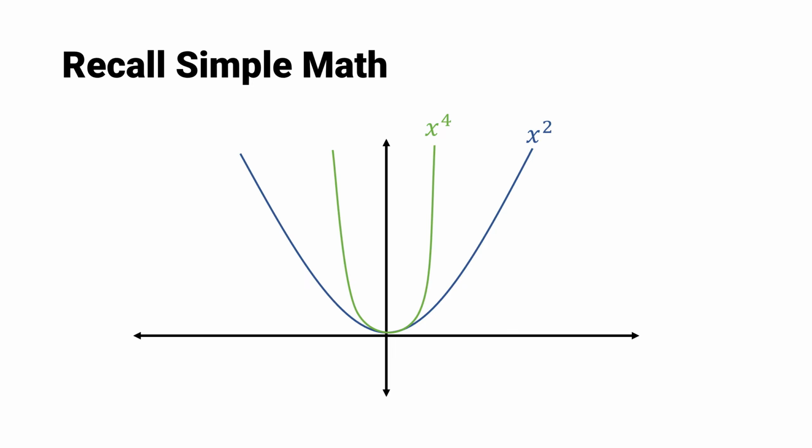What about x power 6? Again, x power 6 is going to be even closer than x power 4. As we keep bumping up the powers of x, it's going to get closer and closer to the vertical much faster. So what I want to do now instead is add x square